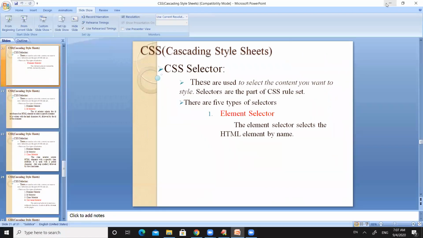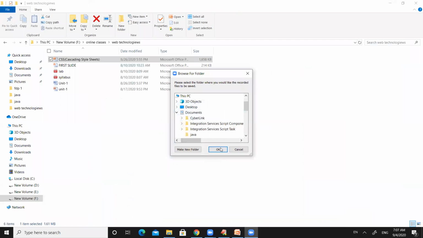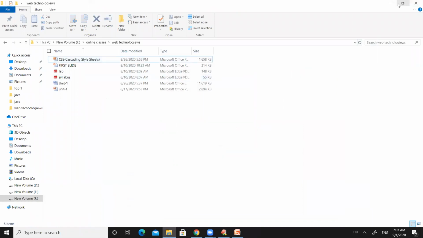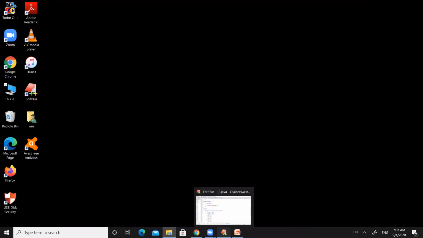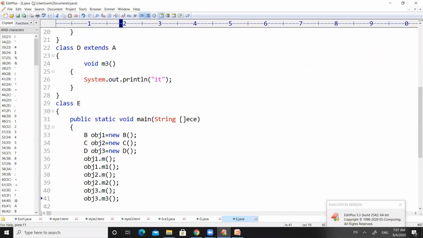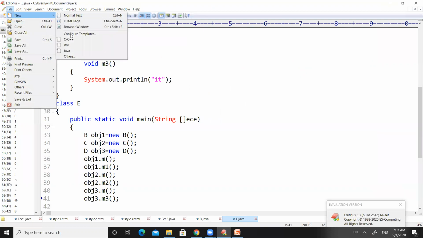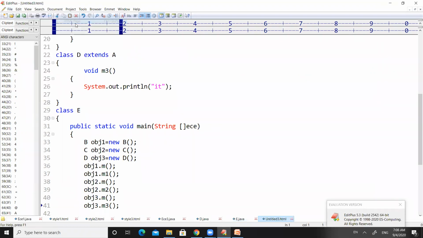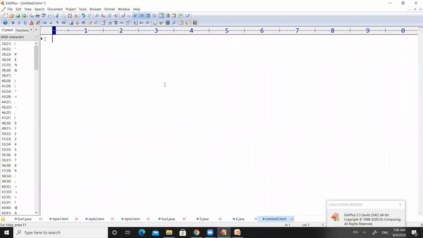For this I am going to use an internal style sheet. In order to explain all these programs, I am going to use an internal style sheet. Let us delete all the code you have seen here in the HTML document. Let us start the program with an HTML tag, and then we have a head tag, and under the head tag we have already seen how to write an internal style sheet.